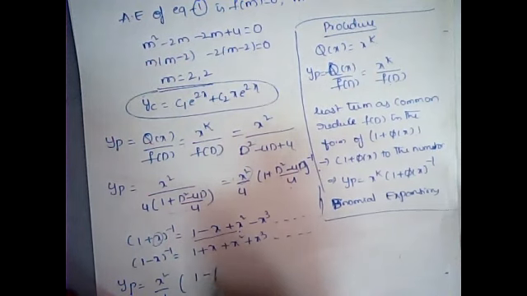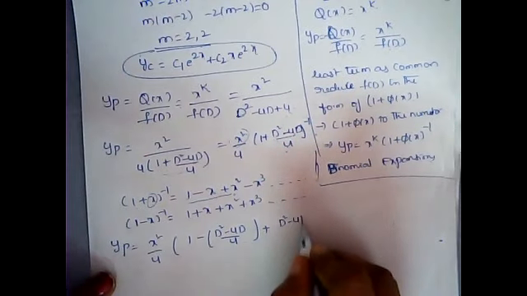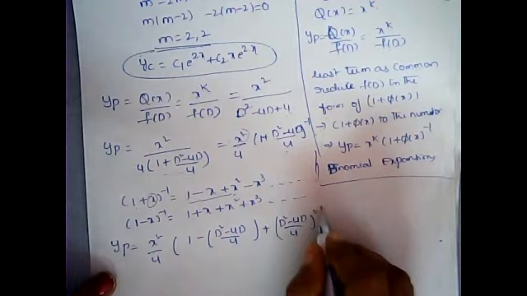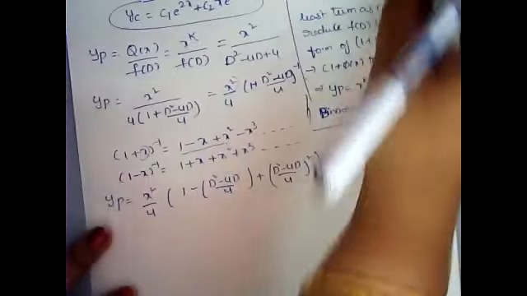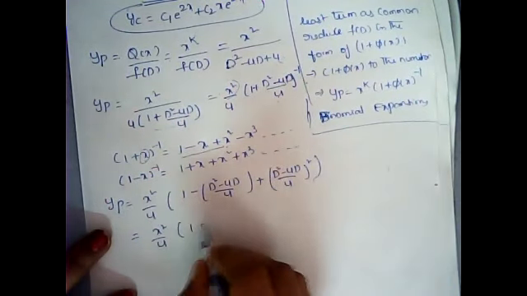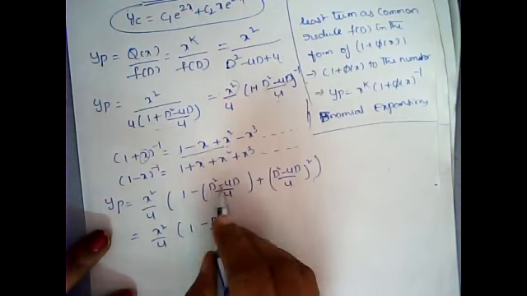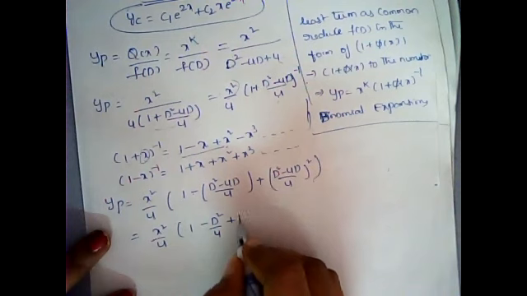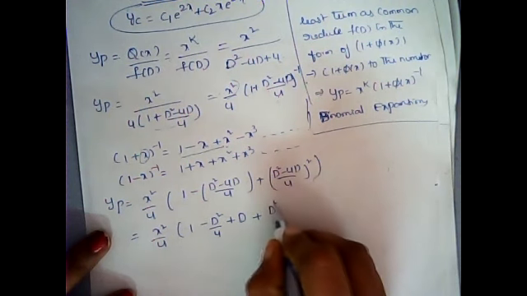Okay, so 1 minus d square minus 4d by 4 plus d square minus 4d by 4 whole square. Okay, now first expand these here. After that, we will be multiplying it with the x square. So which is x square by 4 into 1 minus d square by 4. Here 4 will get cancelled, minus of minus plus. So plus d, and here plus expanded, so which is here d square whole square will be d power 4